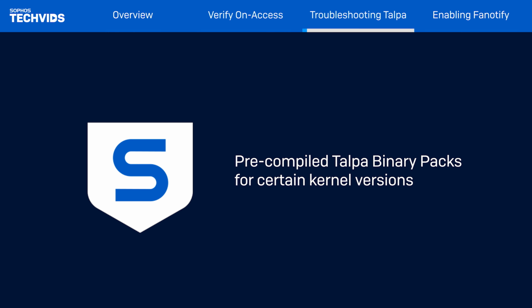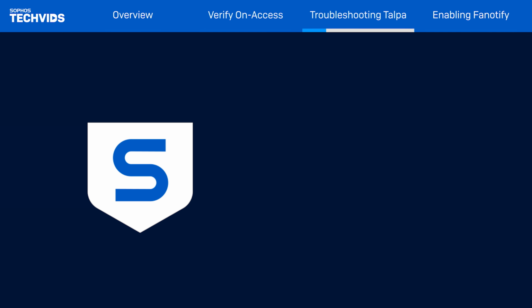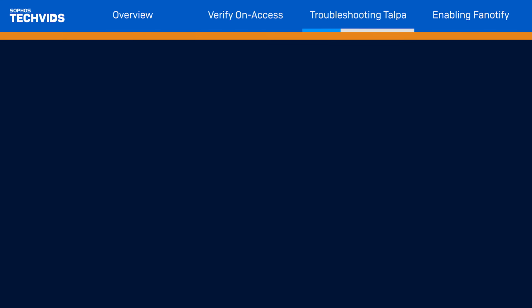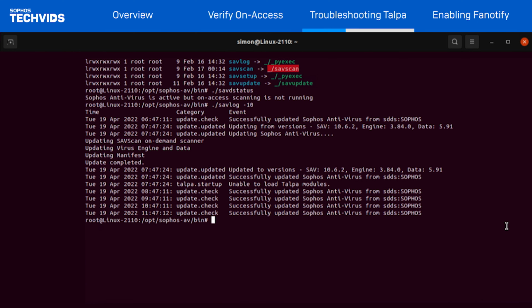Sophos provides pre-compiled Talpa binary packs for certain kernel versions. To check why Talpa failed to load, you will need to check the kernel version running on the system. To do so, you can execute the following command: uname -a.